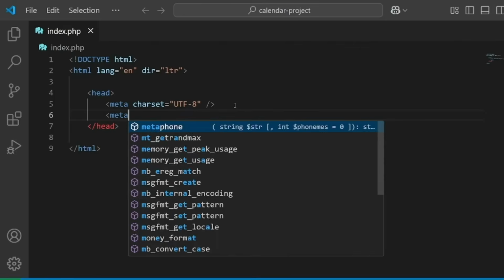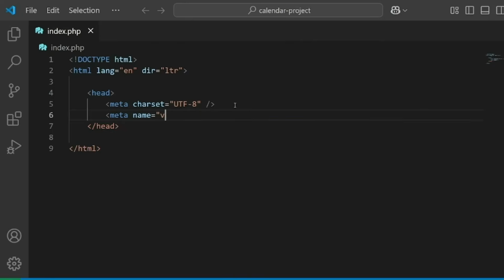And meta name viewport: if you want your page to be responsive, and to scale across many different devices or screen sizes, you have to set this meta tag, meta name viewport,